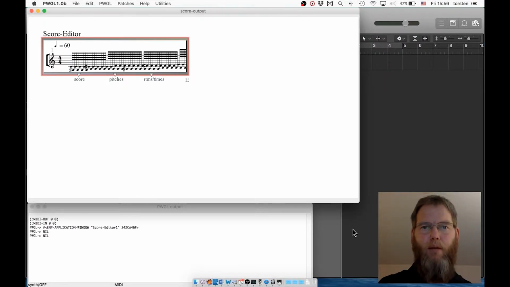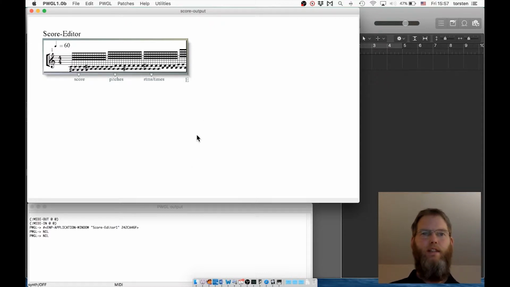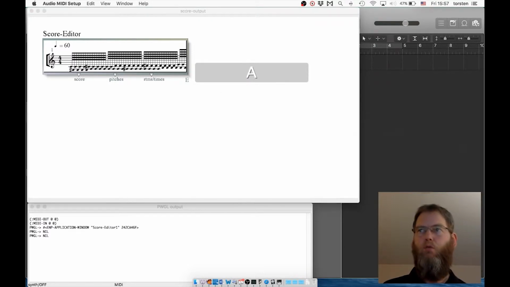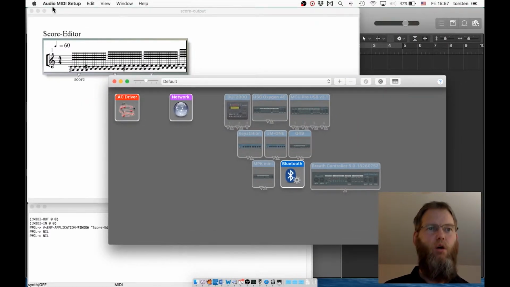So how is this set up? By default, this doesn't work out of the box. You need to do a few settings, ensure that they are correctly set. And the first thing you want to do is use this application, Audio MIDI Setup. You find that by default